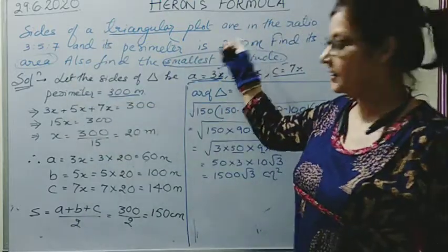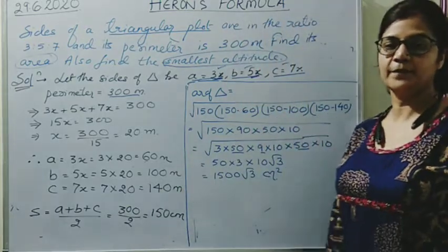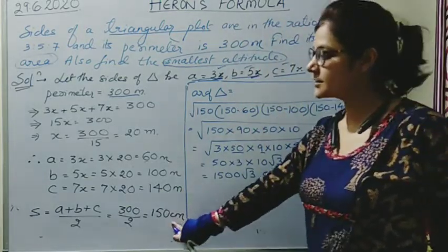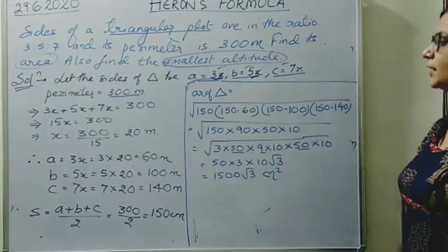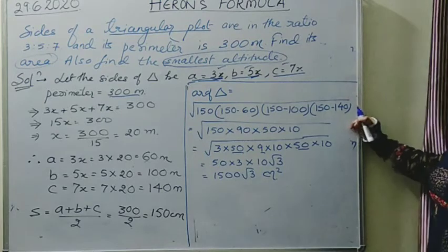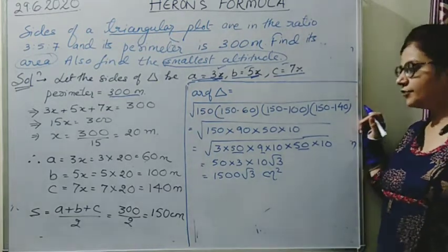Perimeter is 300. So directly we can apply 300 upon 2. So it will be 150. Clear? So we are having S, we are having A, B, C. We can easily calculate the area. So what will be the area of triangle? Area of triangle will be